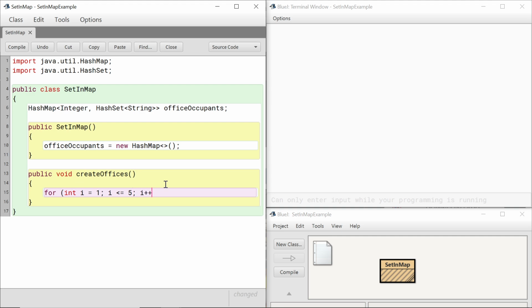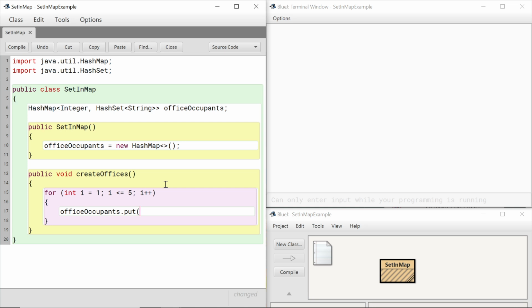Okay, so i++, go up by 1 on each iteration. So in our officeOccupants map, that's not how it's spelt. I need my English teacher. officeOccupants. Okay, let's use the put method,